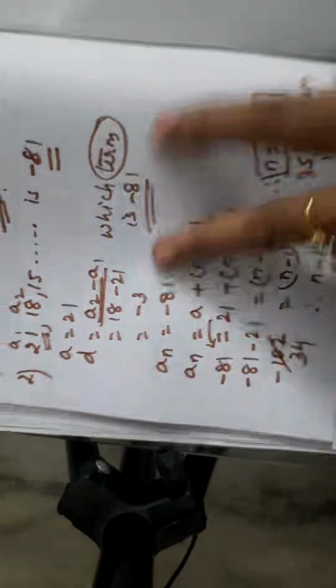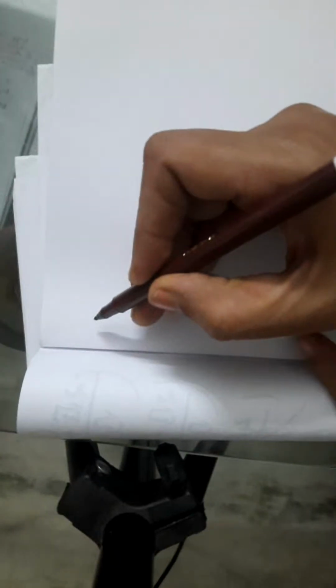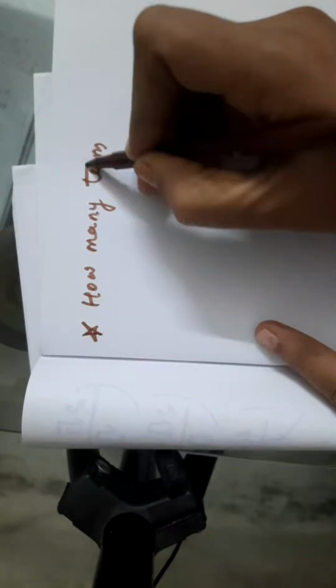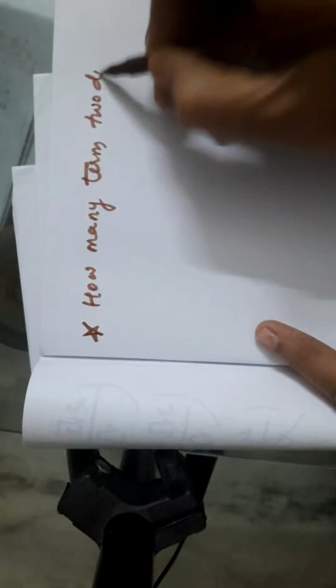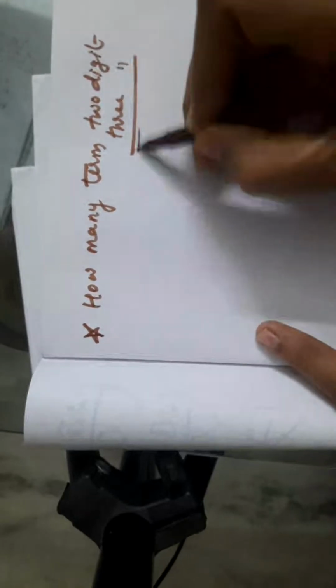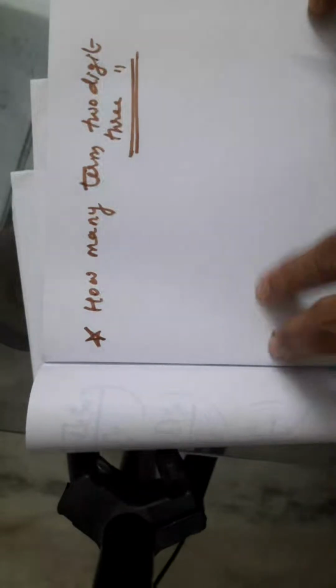Now coming to the third important kind of question here. The next kind of question which can be important: how many 2-digit numbers? This time, as per me, in the board exam, this question is very sure. How many terms? Here they can ask about 2-digit or 3-digit. So when they ask to find how many 2-digit or 3-digit numbers there are,